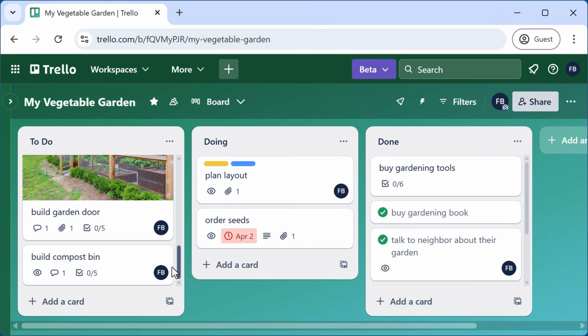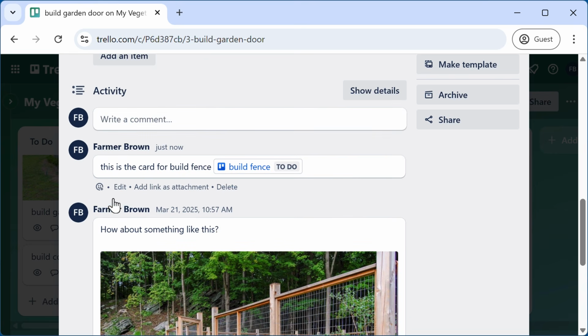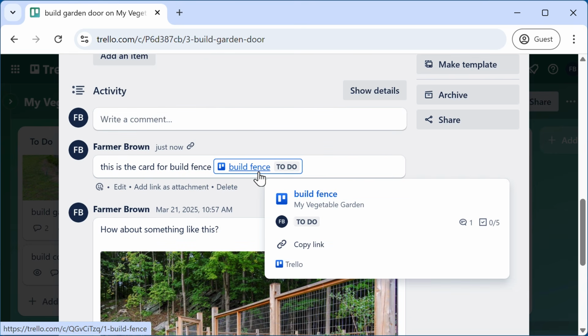Now, I'll go to the Build Garden Door card and add a comment. I can say, this is the card for Build Fence, and then paste it. If I click Save, you'll see I now have a preview of the Build Fence card.